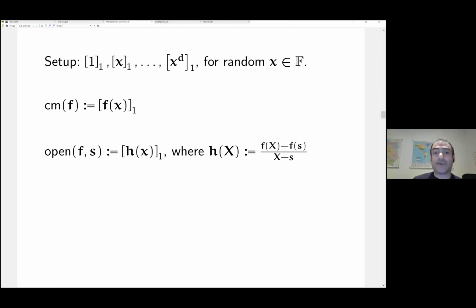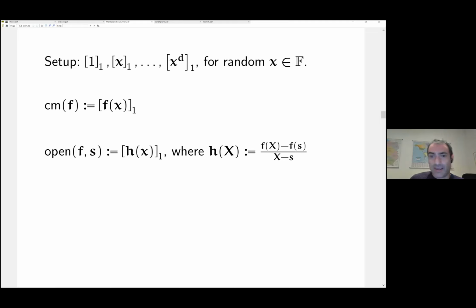And right in the opening, this is the main part. So how do I want to prove what is the correct value f of s? And the important point, this divisibility thing that we're using all over the place: suppose I look at the polynomial f of x minus f of s. Obviously this polynomial is going to be 0 at s, and therefore it's going to be divisible